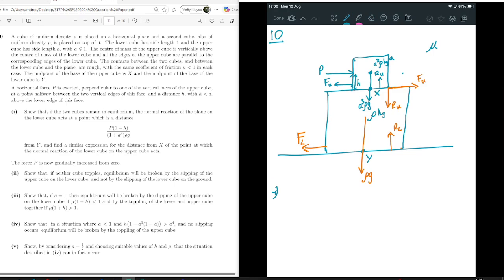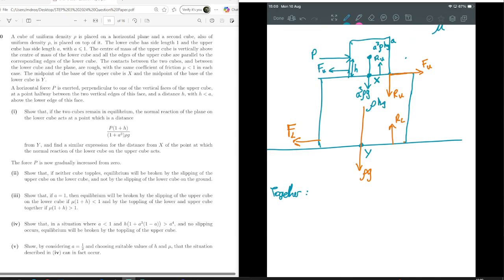So do I want to think about forces or do I want to think about moments? It's talking about distances, which kind of implies I want to think about moments, because forces themselves don't include a distance otherwise. And by the way it's worded, it looks like I want to use the entire 2-cube system altogether. So let's look at these 2 cubes together,